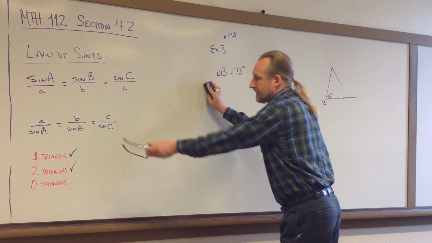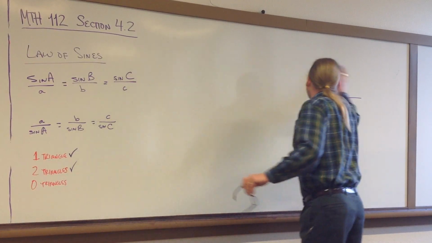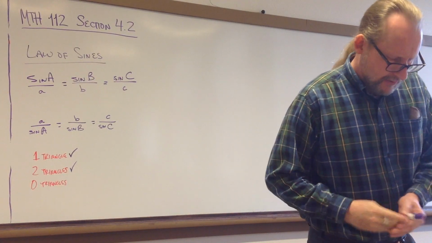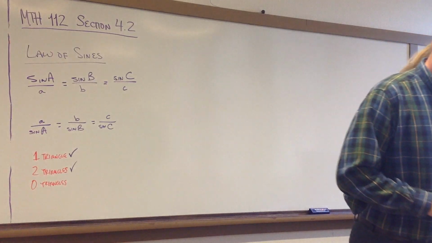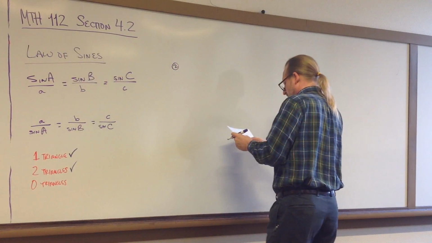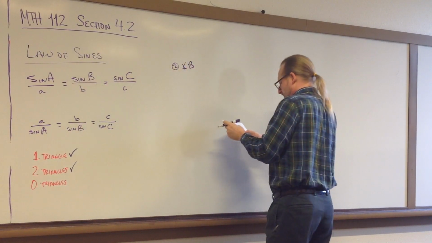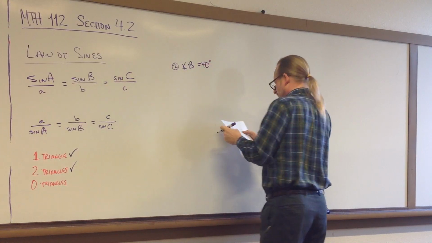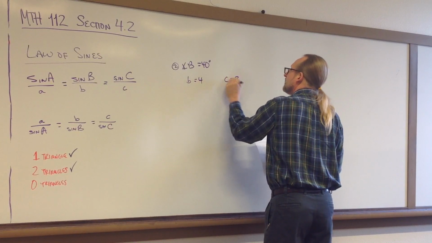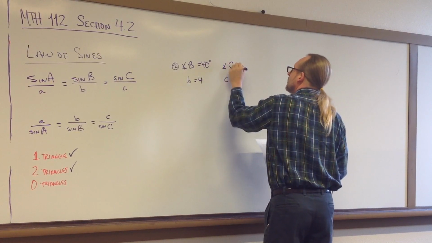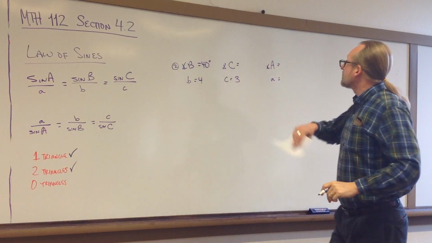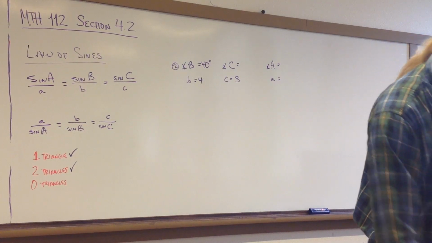And like I said, some of them there'll be 1 triangle, some of them there'll be 2 triangles, and some will have no triangles. So let's see what we get working our way through here. Okay, problem 2. We've got angle B at 40 degrees, side B is 4, side C is 3, and we need to know what are angle C, angle A, and what's side A. Okay,